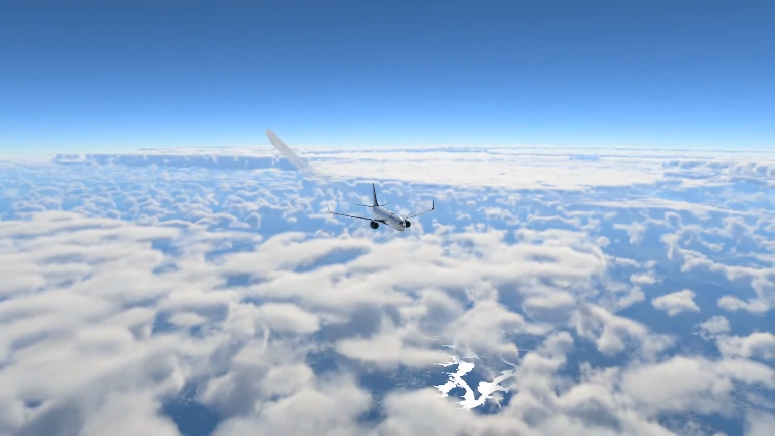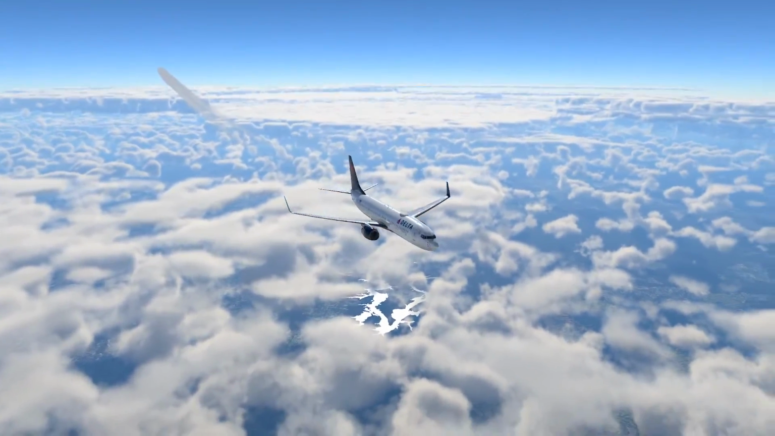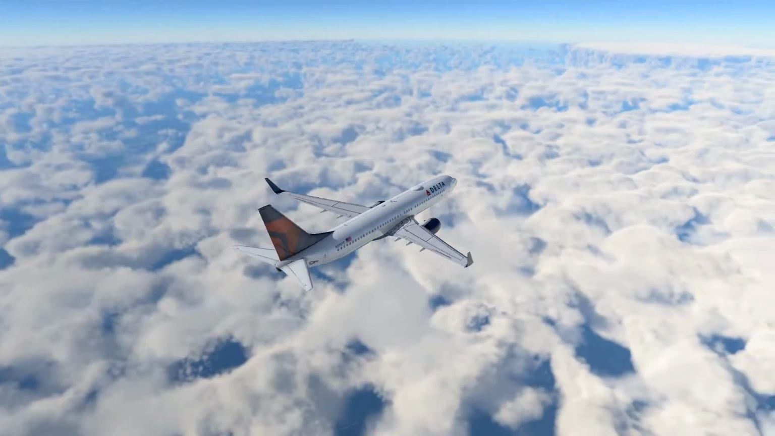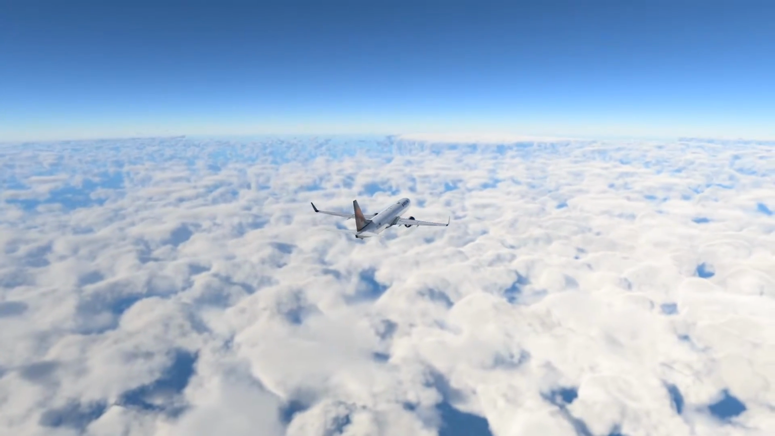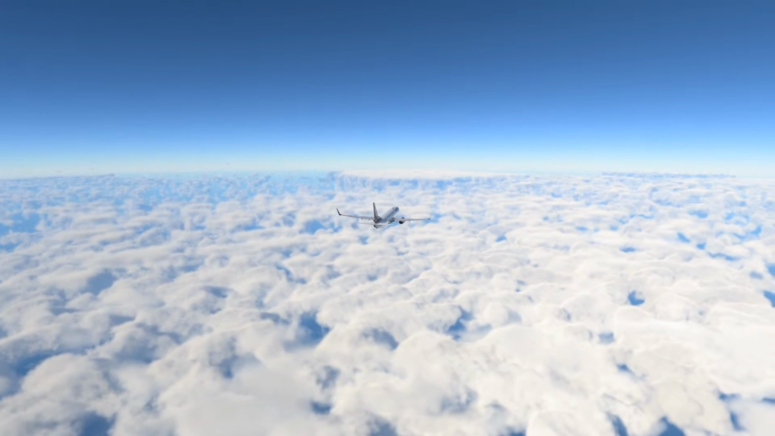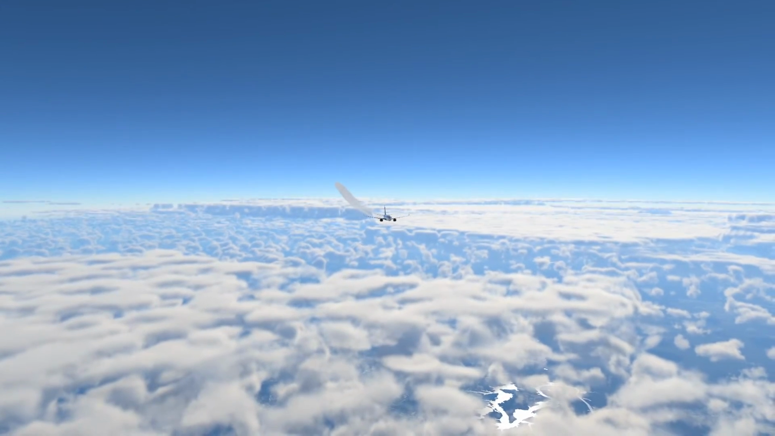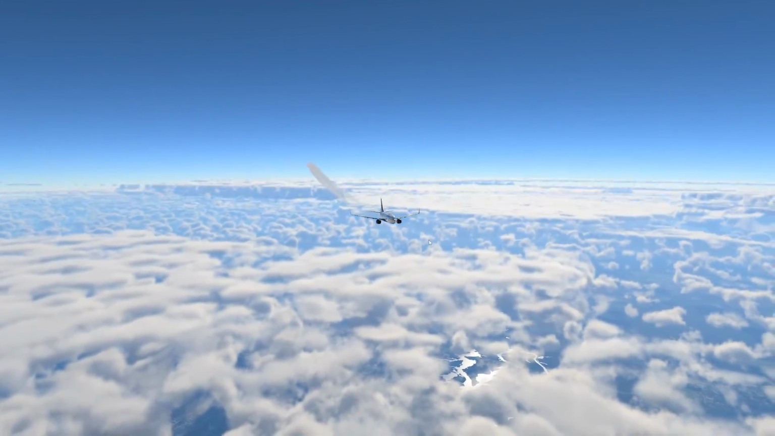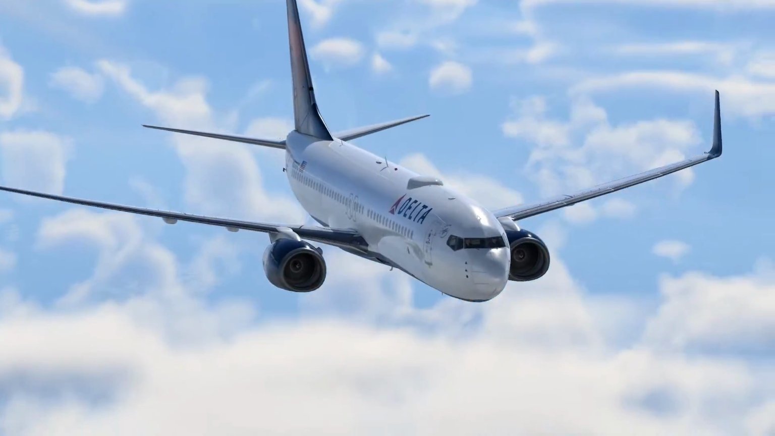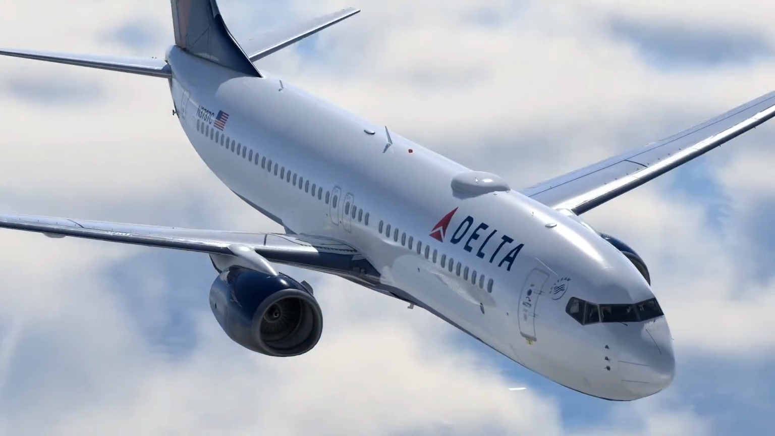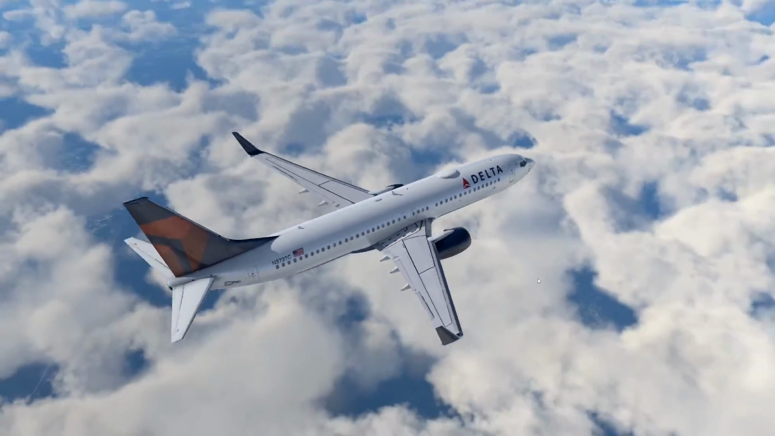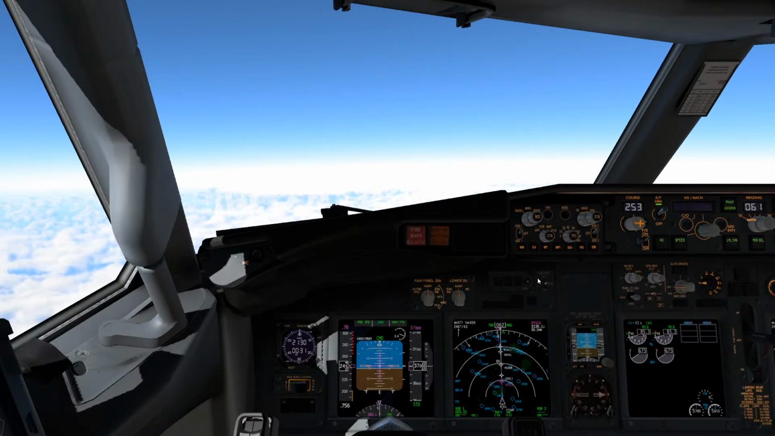Sorry about that, guys. I had a phone call I had to take, but I am back and ready for action. Here in the Delta livery of the Zibo early access for X-Plane 12. Now, one thing I did notice, if you look in here, you can see the center. You see that line down the center? So that's something that needs to be addressed. Zibo, if you're watching, probably not, but if you are,